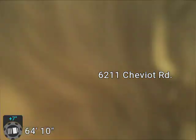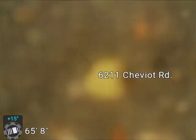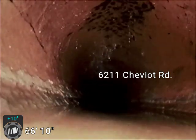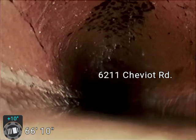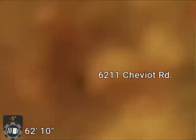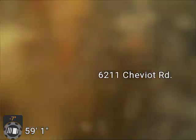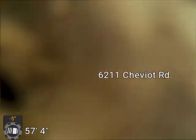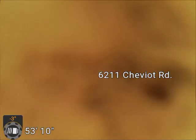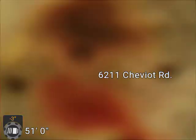Okay, so here's that spot. It's hard to tell. 65 feet. So we'll try to remember that. 65 feet. I didn't run into any solids in that area, which means it's flowing through there. I wasn't obstructed at all. The camera, I didn't get any resistance, but